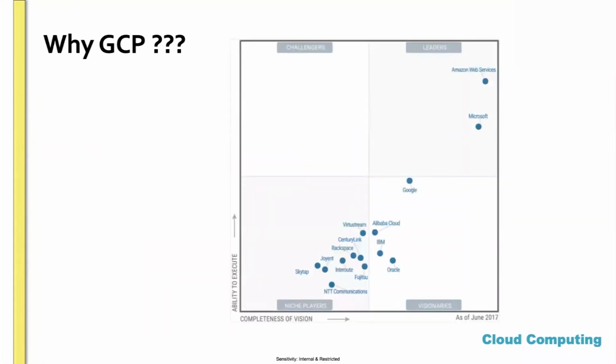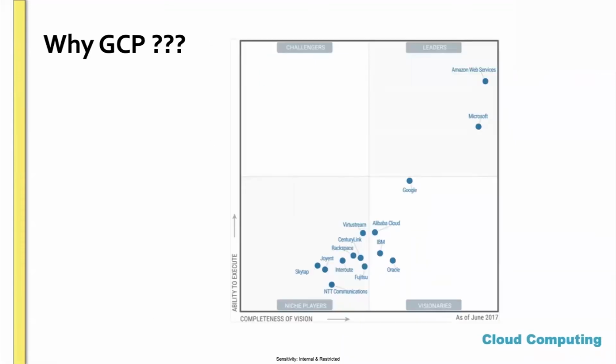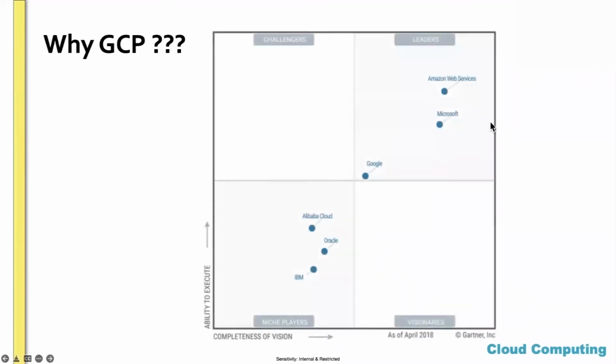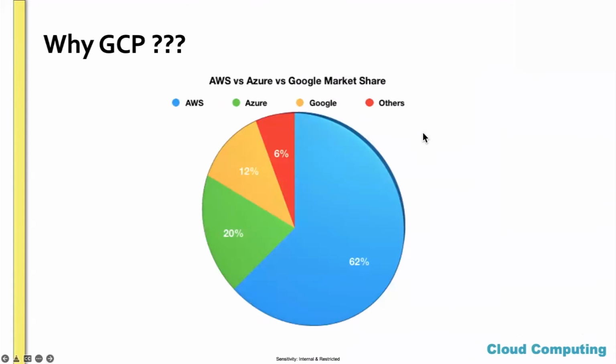And when it comes to growth, in 2017 Google was in the initial position. In 2017, Google was in the visionary position. When you see the growth quadrant, you can see it's in the visionary position, and the leaders were AWS and Microsoft. And in 2018, within 1 year, it reached from visionary to leader position. You can see from here to here. Until now, these three are the market leaders of public cloud: AWS, Microsoft, and Google.